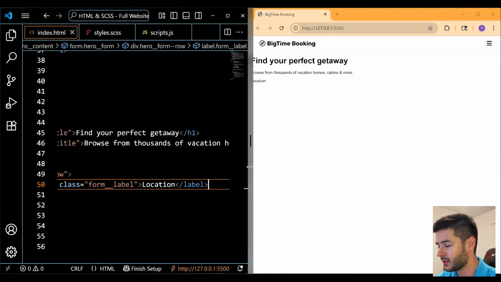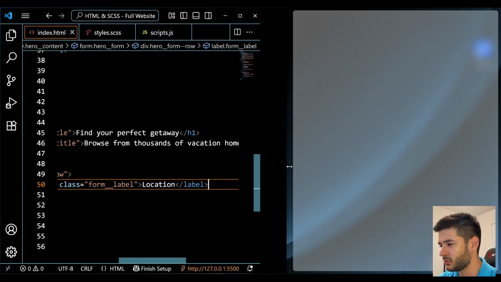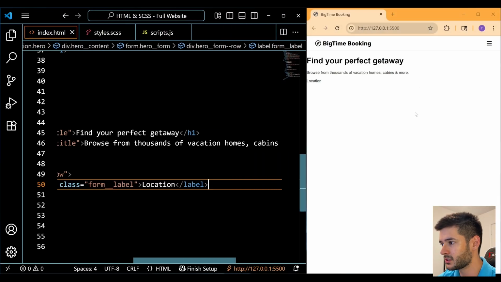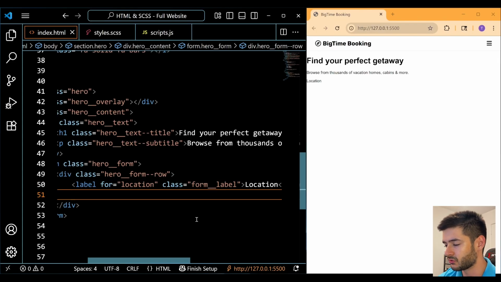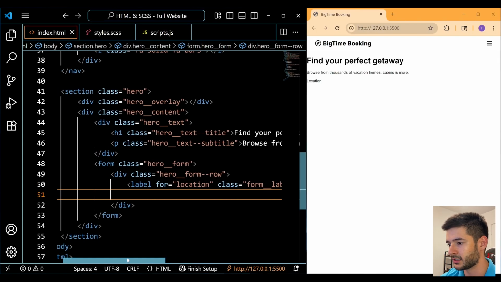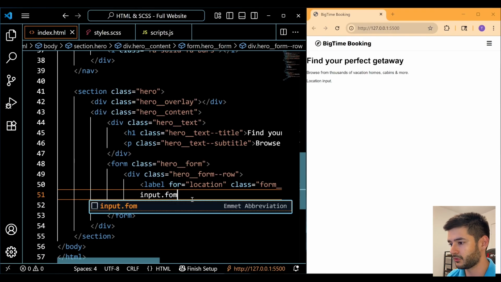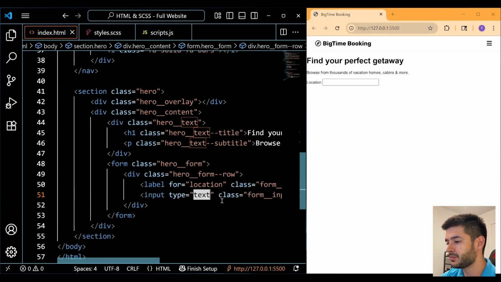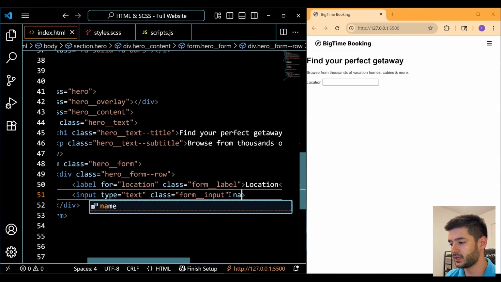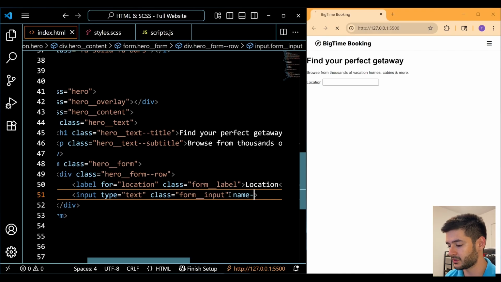At this point, we need a little bit more space, so I'm going to move over the live server just a little bit so you guys can still see it, but we have a little bit more space to write our HTML and our styling. Next, I'm going to have an input element with the class of form_input. The type is going to stay text, but what we need to do is add a name, so we'll make this equal to